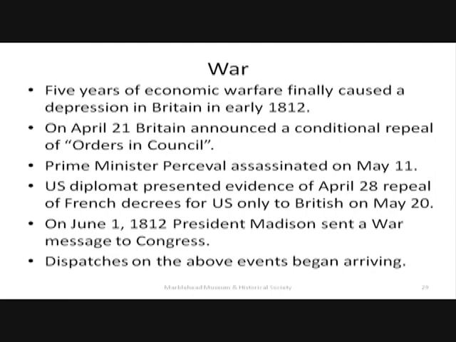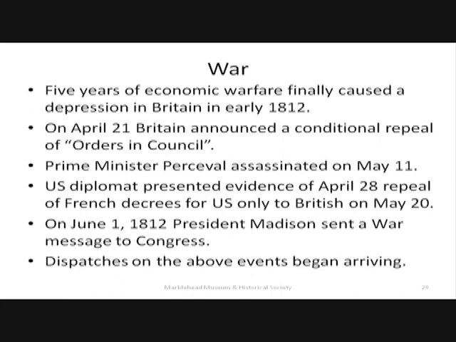People were literally starving. The government generally in Britain at that time didn't pay a lot of attention to the people, but they did pay attention to the fellows who had the money, the merchants, who had all of these goods in warehouses and couldn't move them anywhere. So finally, on April 21, this was a big break in what Britain had been doing. They announced a conditional repeal of the Orders in Council. The condition was that the French lift their restrictions.